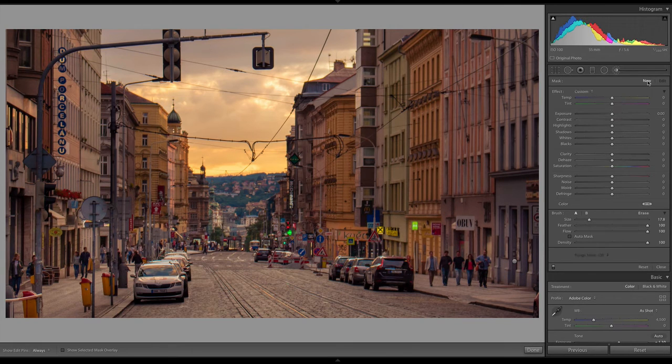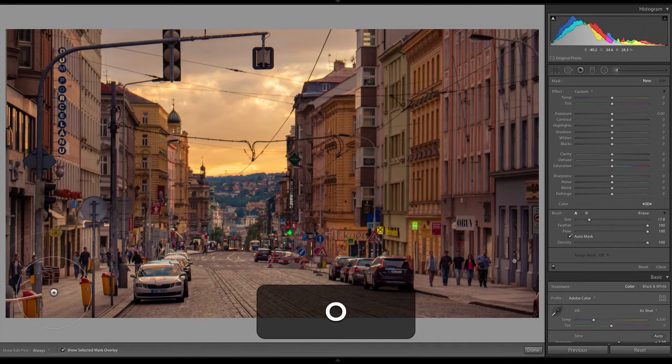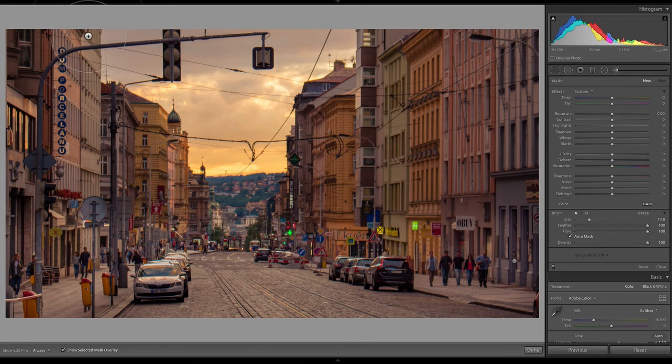Okay, now let's create a new brush by clicking the new button up there. This time I am turning auto mask on, and I'm going to turn back on my mask overlay. I want to select all of the clouds, but I don't want to select these street poles and wires in the foreground. So I'm going to start by clicking right here and then just start painting over. Now it looks like the auto mask isn't working too much, so that's okay. We're going to get rid of that with the eraser. Now this is selecting most of the cloud, which I like.